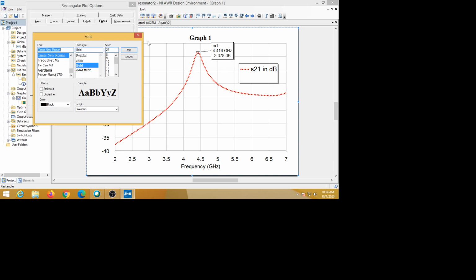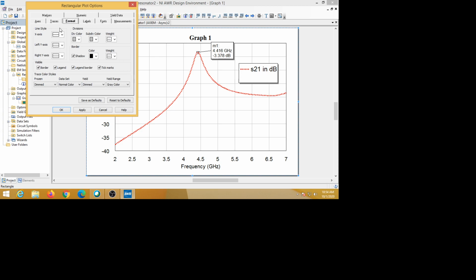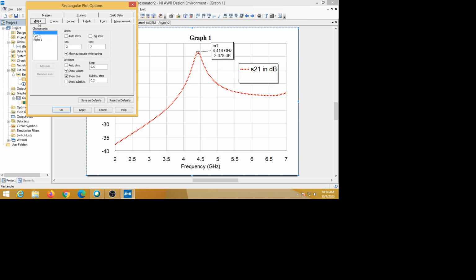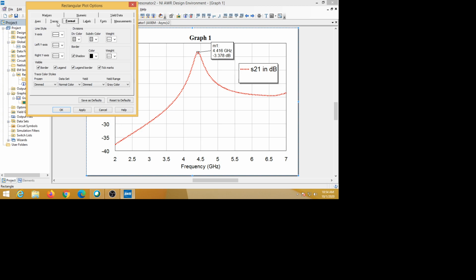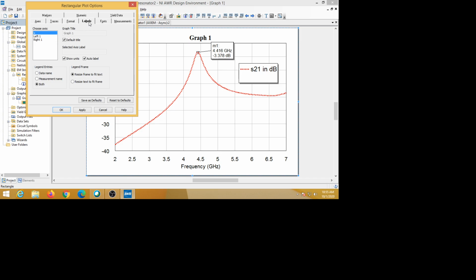So here in the font label, here the title also we can change.